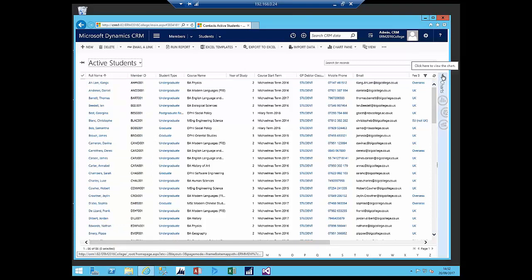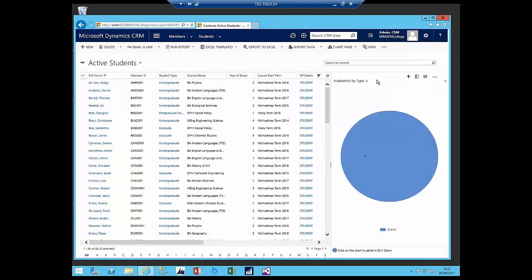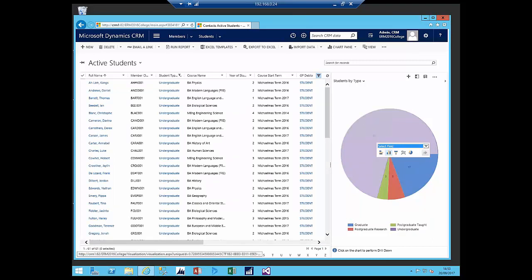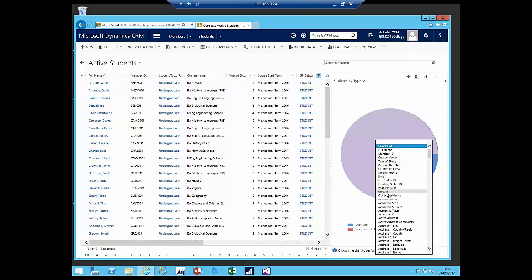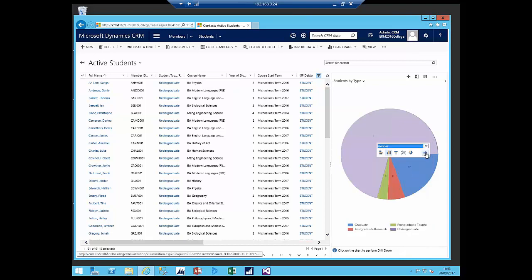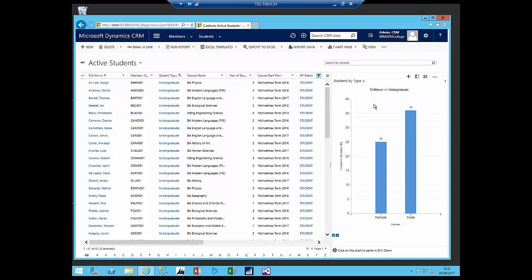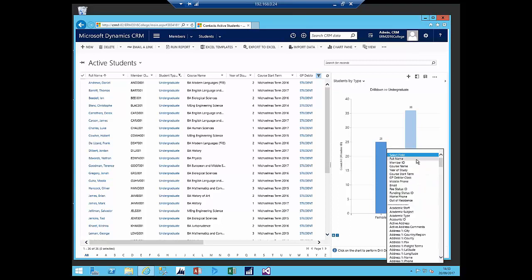Looking at the list here too, I've got the charts on the right hand side. Again, I will pick the students by type, and that will give me a breakdown across postgraduate, research, taught and undergraduate. I can drill into the undergraduates. So you'll now see they've automatically been given a filter on here. I can select a further field, so let's say we'll go down on gender, and I'll do that. That's going to come back and give me the split between male and female, and if I click on male, I can go down further to year of study